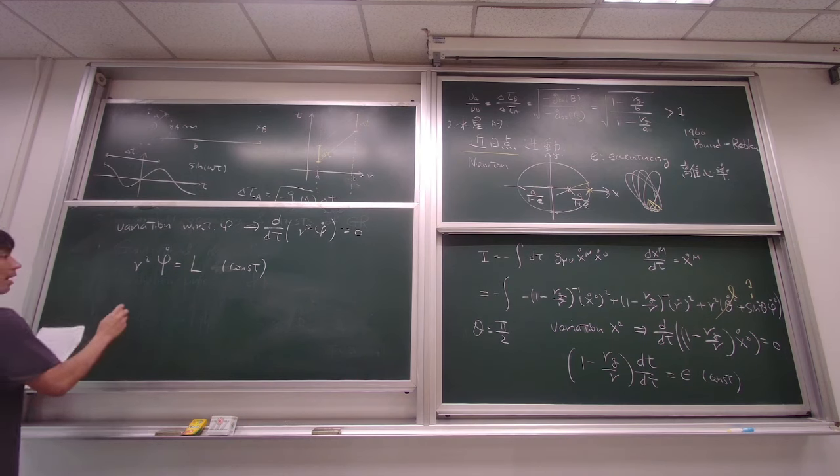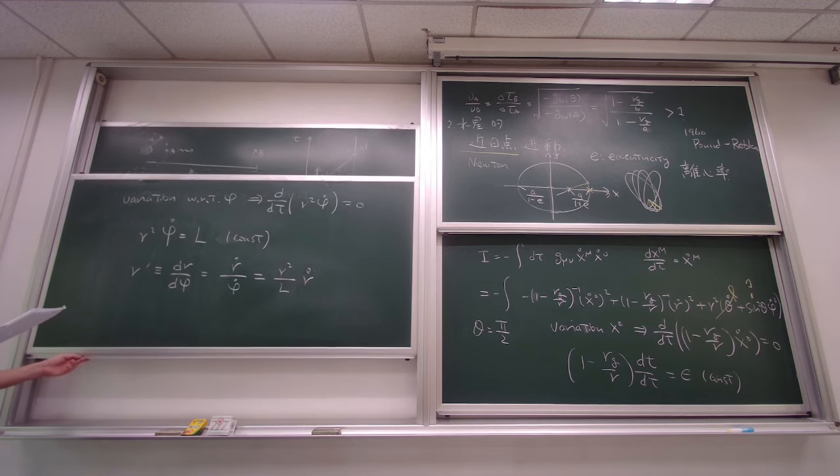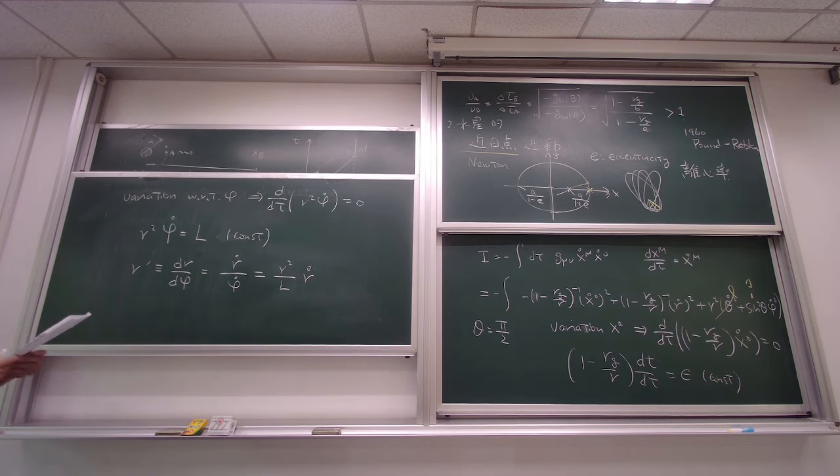So now instead of dot, we introduce prime, which is dr/dφ. So dr/dφ is equal to r dot divided by φ dot, and this is equal to r² over L times r dot. Okay, so I use this one to write this. Okay, so then we can just do the